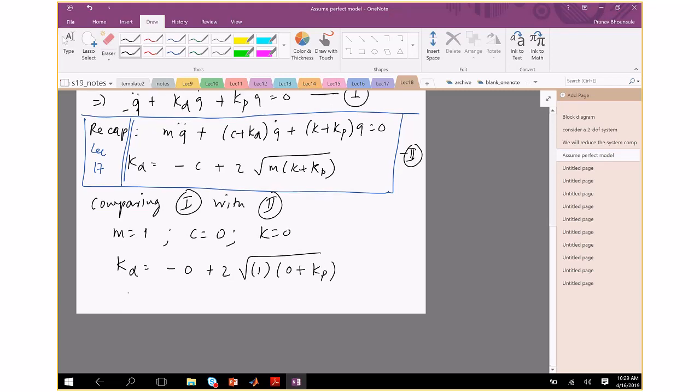So to control the system to be critically damped, that's the choice we need to make. It's much simpler. Okay, so now the system is critically damped, provided you choose K_D equals 2 square root K_P, and